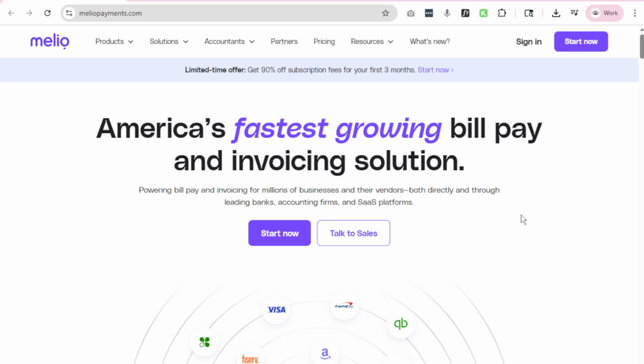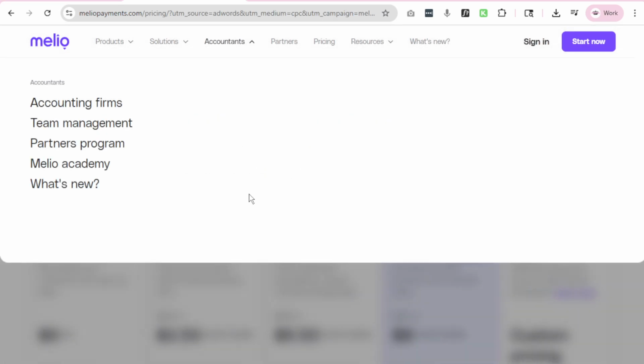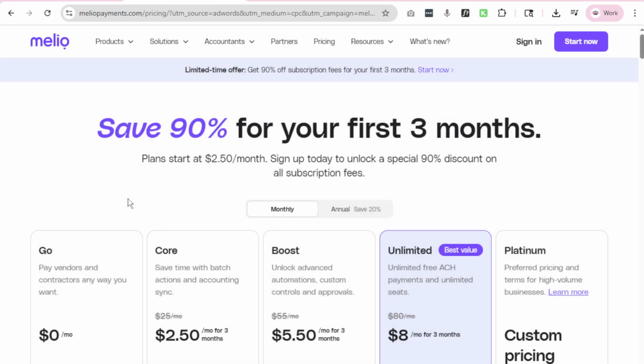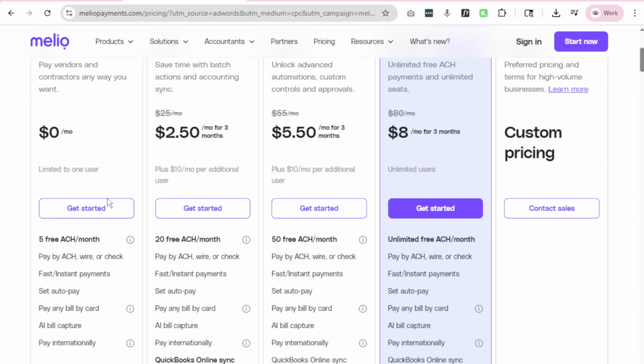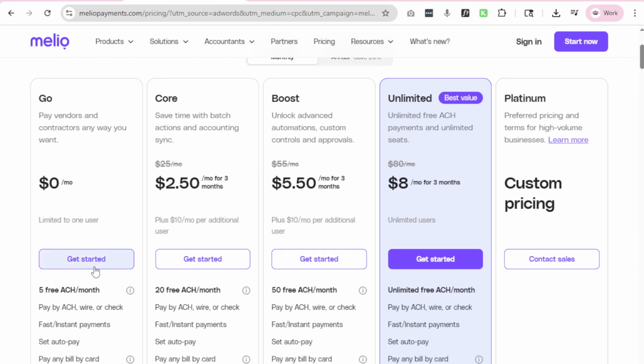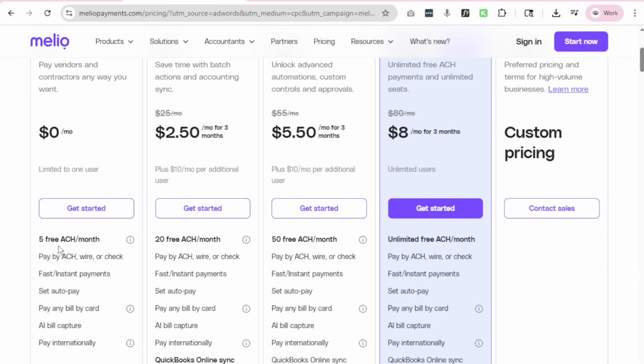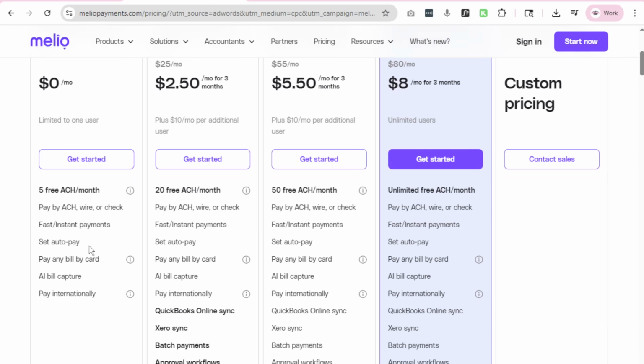in one platform. Well, Melio is a free solution for that, and let me just show you how easy it is. So this is the website, meliopayments.com, and let me show you really quick. One of the reasons why I absolutely love Melio is because they have a free version that is great for small businesses and solopreneurs. You can see here on the left hand side, you get 5 free ACHs a month